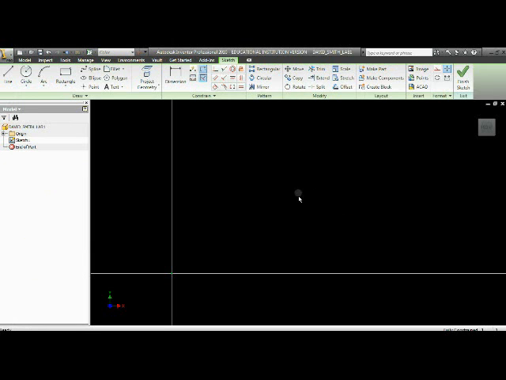Now note my ribbon across the top automatically changed. I'm out of my sketch mode now, and I'm where I could actually create three-dimensional parts here using extrude, revolve, and so on. So it bumped me out of the sketch mode and changed everything about the screen. It also got rid of my X and Y coordinate axes up here. So when I want to go back to that,